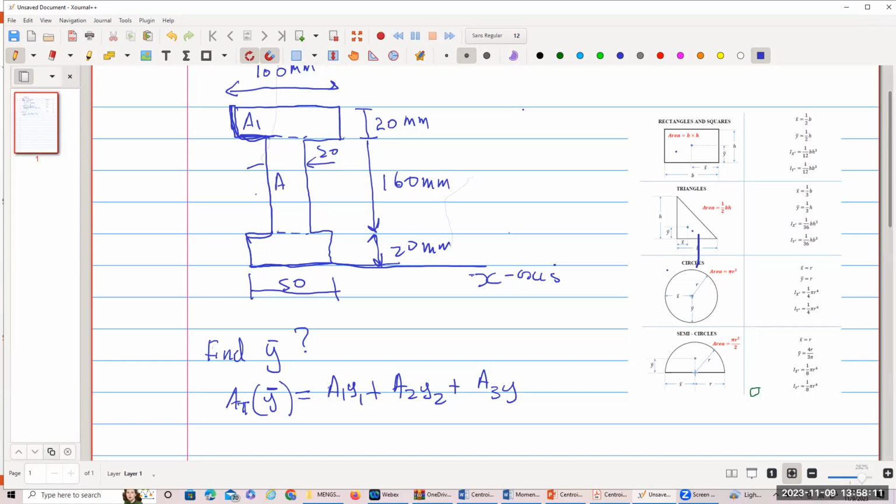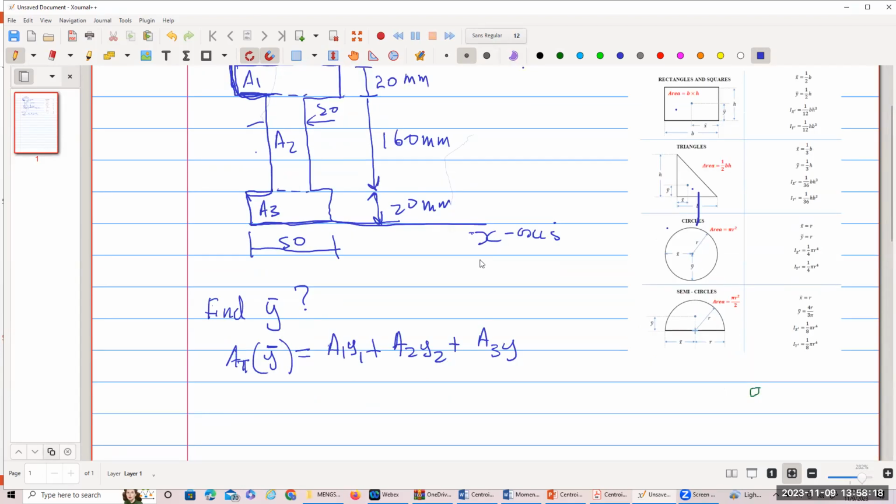I'm going to call this one A2, and this one A3. Now you can actually tell me what you got when you are doing it. The first thing we need to do is find the centroid. So the centroid here is going to be y bar equals the sum of all of the individual areas